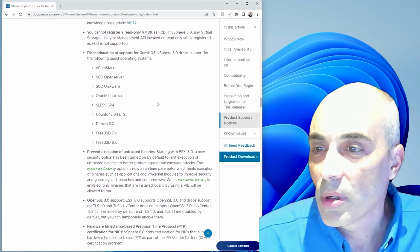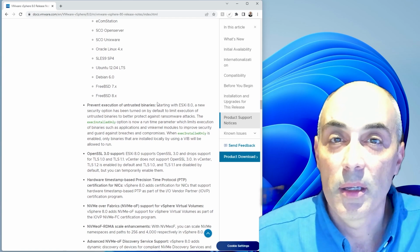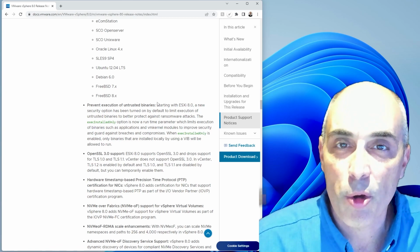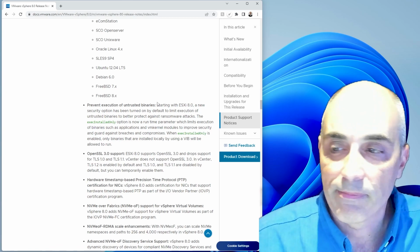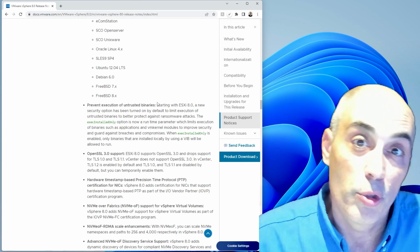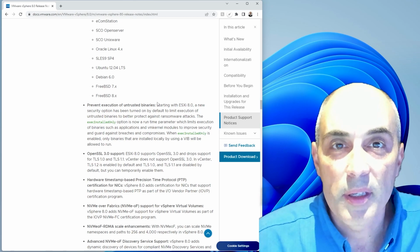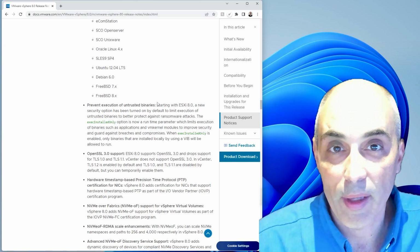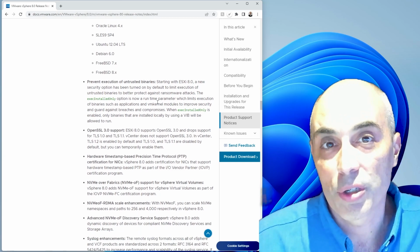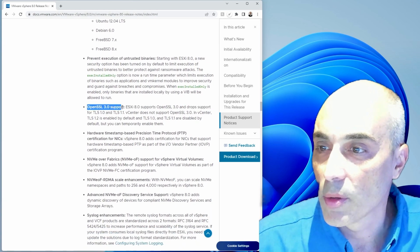And let's see if I can find anything that really sticks out at me. Of course, another reason to move up to version 8, primarily for me anyway, is both stability, because they fix a lot of bugs from build to build, and of course the security aspect. As soon as things get discovered along the way, they respond by creating either new drivers, or, it all depends on what the issue is to begin with, but they will build better, enhanced security into the later builds, and that by itself is a good reason to keep updating, build to build. So you've got things like OpenSSL 3.0 support,